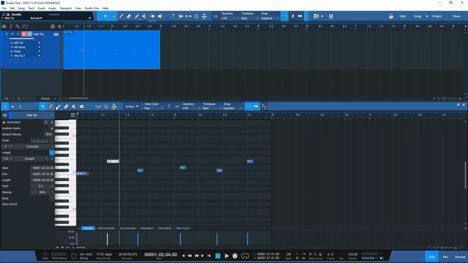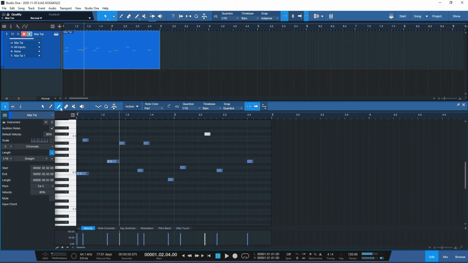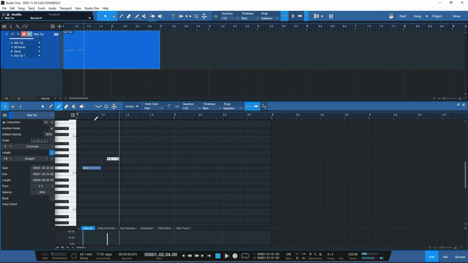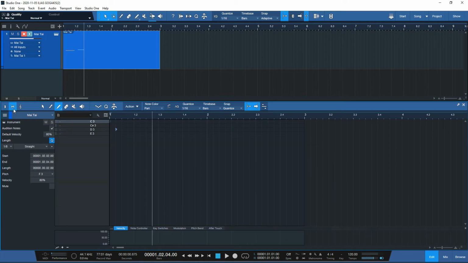So you have the pen over here. You have the eraser. So basically, all the tools that you need to just click. Or you have this step record. Basically, you can enable that and record half notes, quarter notes, full notes, and all the other stuff, triplets, quadruplets, septuplets, and all that stuff. If you have the MIDI controller available, you can turn the MIDI to a drum view over here,